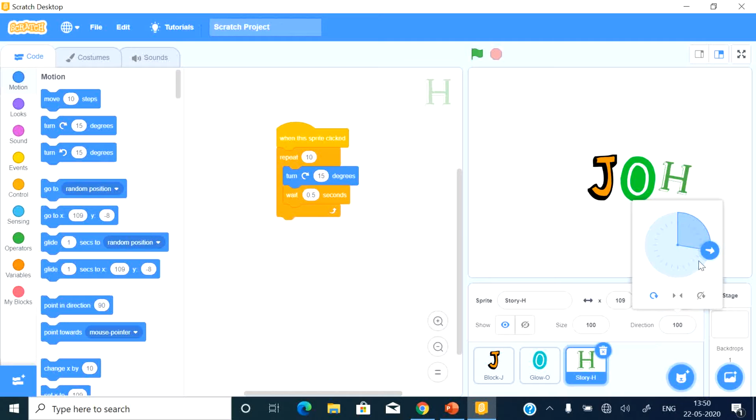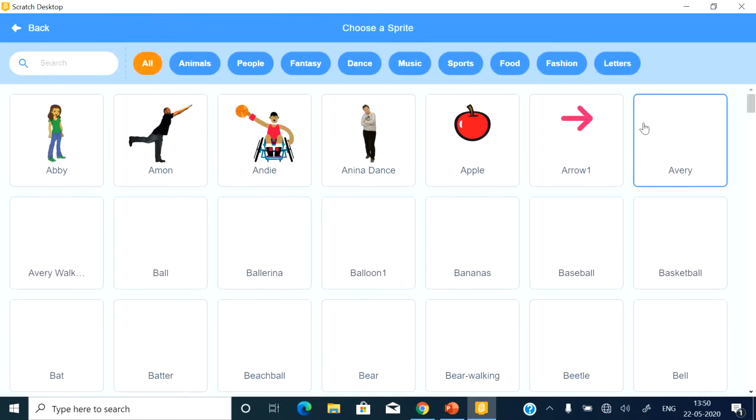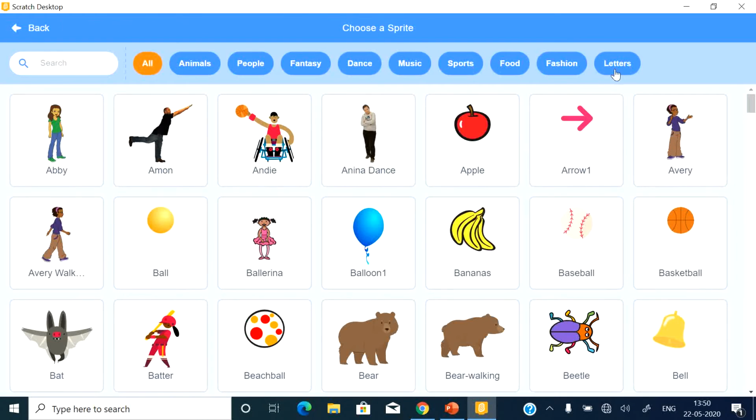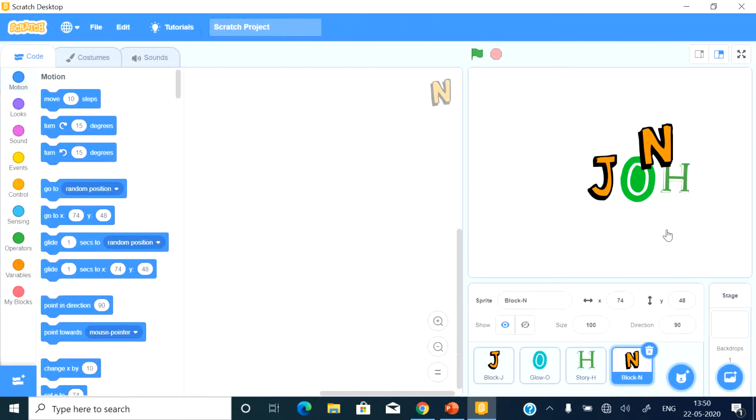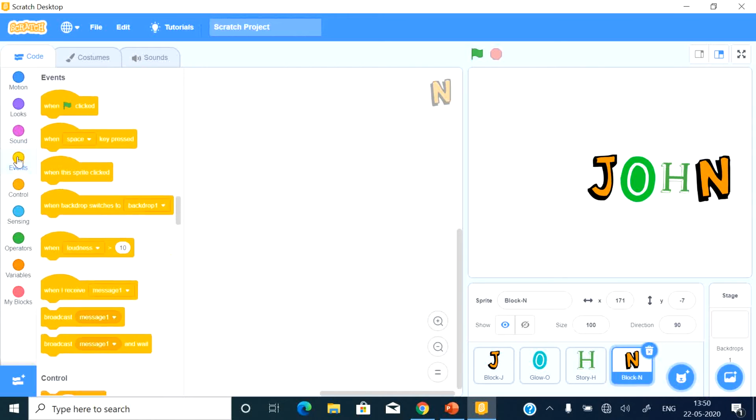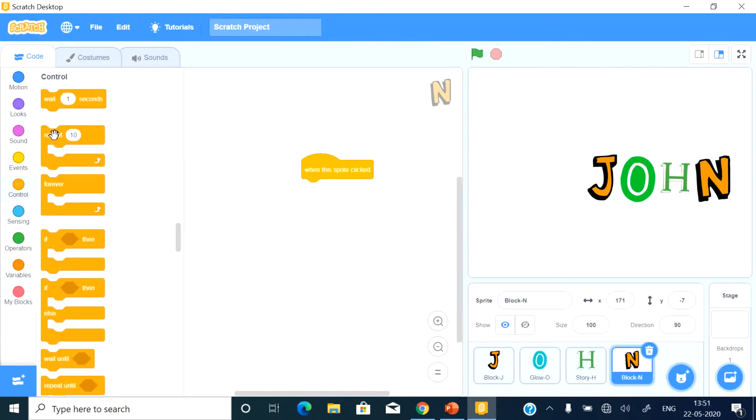Okay, now I'll use another sprite from the letters, and I use the N sprite and I'll place it beside H. Now see, for the N I'll write another set of code. First of all, I need an event block. Then I'll be using a repeat block. Inside the repeat block,